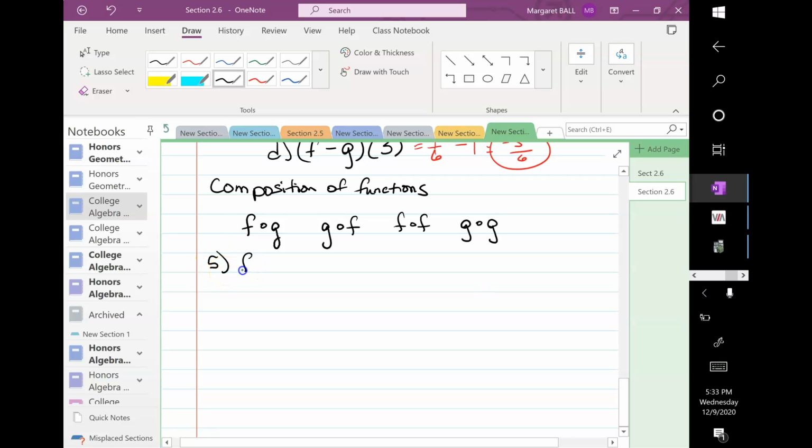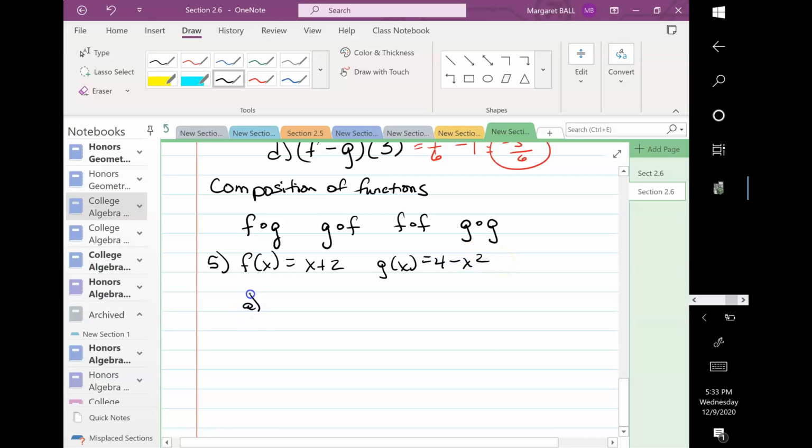If f of x is equal to x plus 2, and g of x is equal to 4 minus x squared, find f∘g of x. Okay, now when I see that notation, I immediately rewrite it as f of g of x,